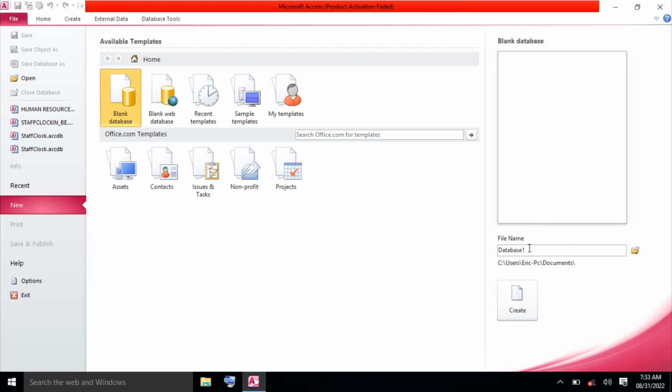Once you select blank database, you're going to see the database name here, and at this point we want to give our database a name. Let's say we are creating a database for a certain technical institution or training institution, and so this database is going to have information maybe about students and the staff. Okay, so what you need to do right now, we're going to give the database a name, and let's give it a name of an institution. So let's say our institution is called